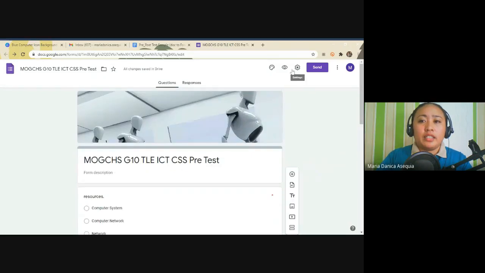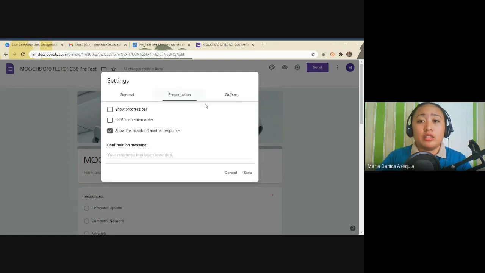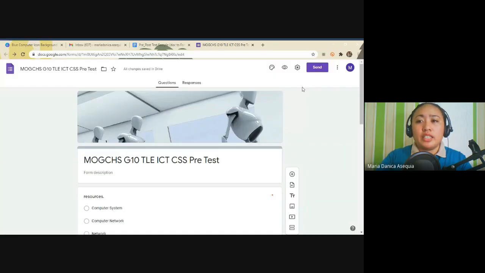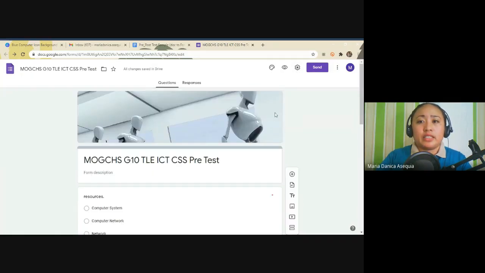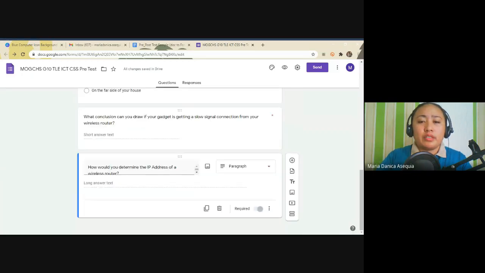And then another tool icon is the gear icon. Okay, this is for your settings. In the settings, you have three tabs: the general, the presentation, and the quizzes. So I will not change anything in this gear icon because I will keep the default settings. Okay, so since my Google Form is already set up,